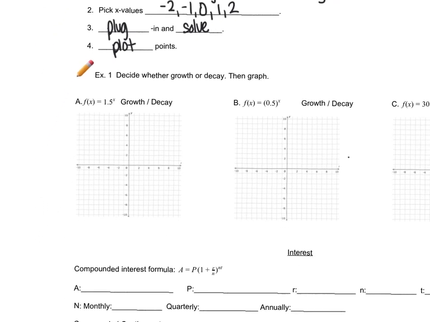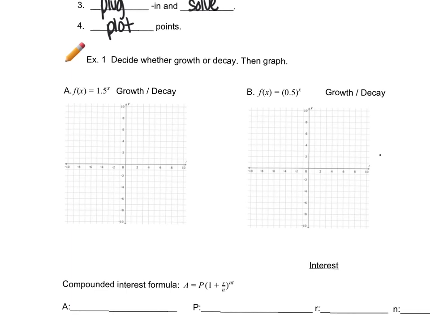So looking at example A, we know that this is a growth. How do we know that this is a growth? Because this number right here, 1.5, is bigger than 1. So I'm going to use -2, -1, 0, 1, and 2 as my x values. And I'm going to go ahead and plug those in. So 1.5 to the -2 power